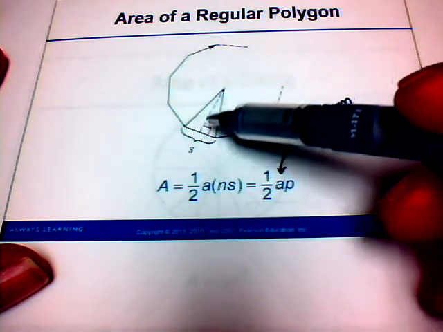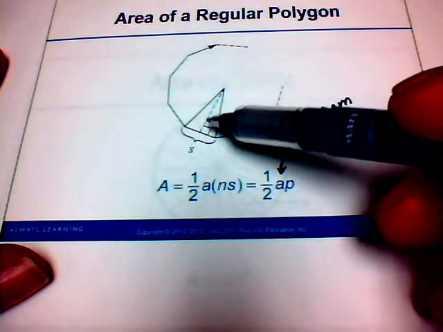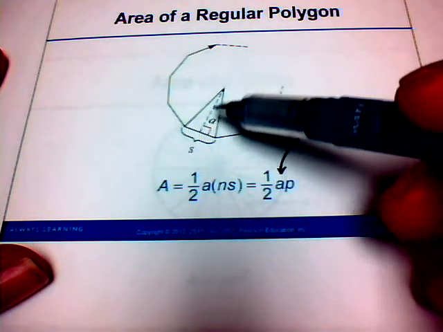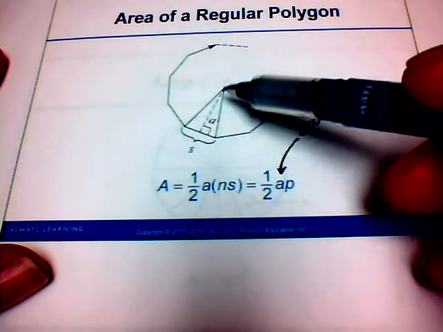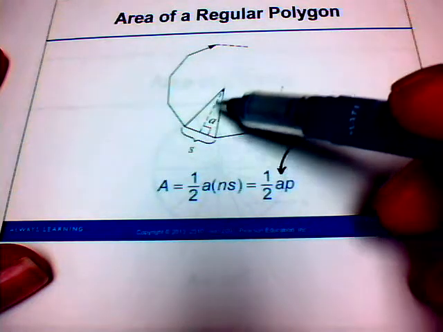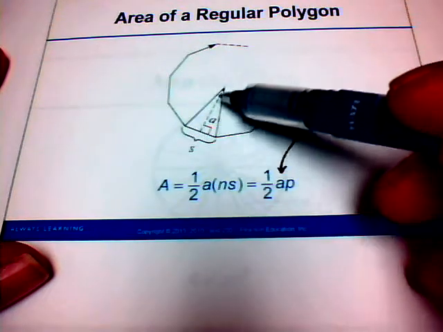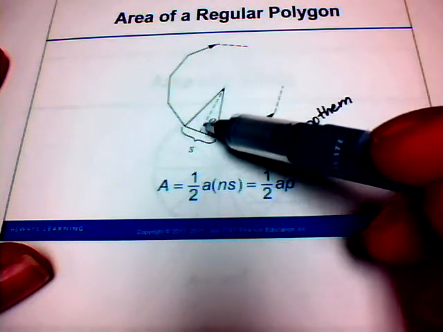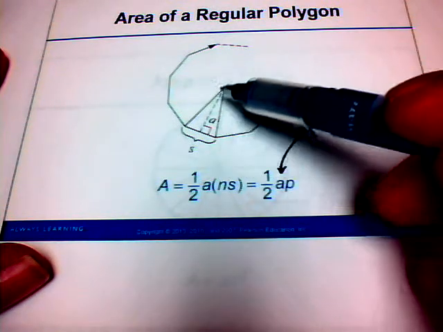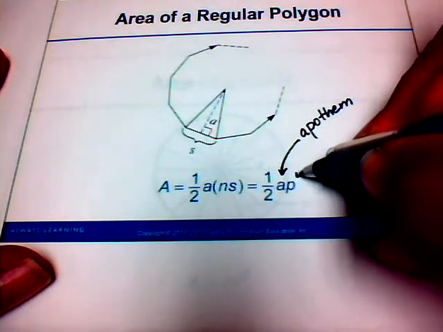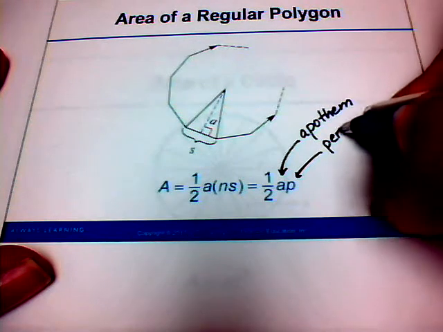It's actually the length from the center of the polygon and is perpendicular to a side of that regular polygon. That's what the apothem is. In other words, it's the vertical height of this regular polygon. It starts from the center of that polygon and is perpendicular to the side of that particular regular polygon. The P is the perimeter